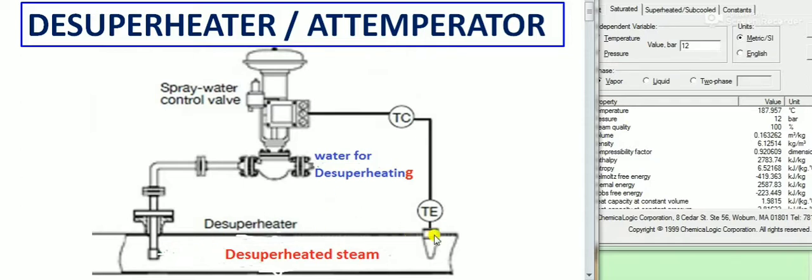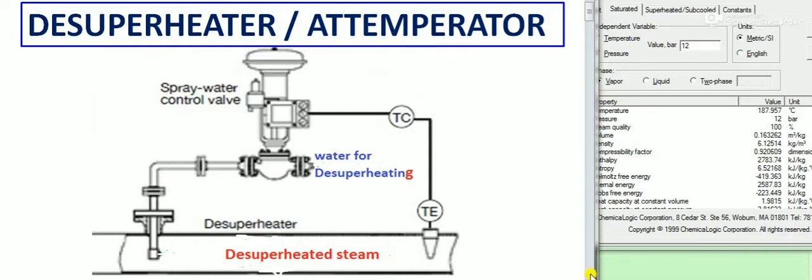So we have a certain target temperature. What is the temperature to be achieved? We give the set point. Water will be there and the controller will act accordingly, and the water will pass through the spray nozzle. It will make droplets and mix with the steam, and the temperature of the steam will be reduced to the saturation temperature. And we want to maintain 4 or 5 degrees above the saturation temperature for a better result.